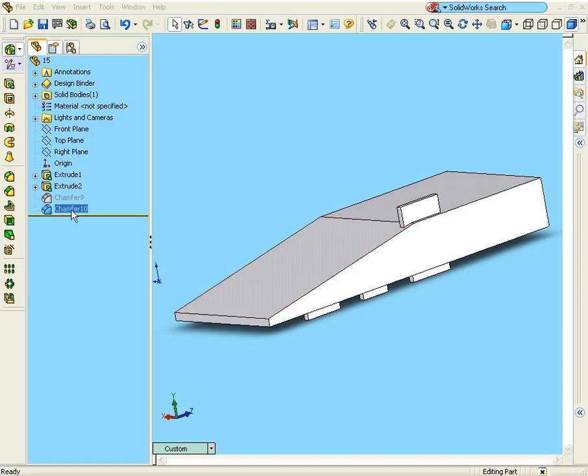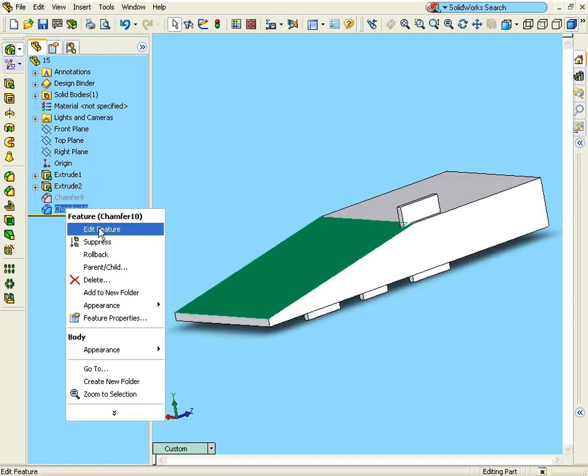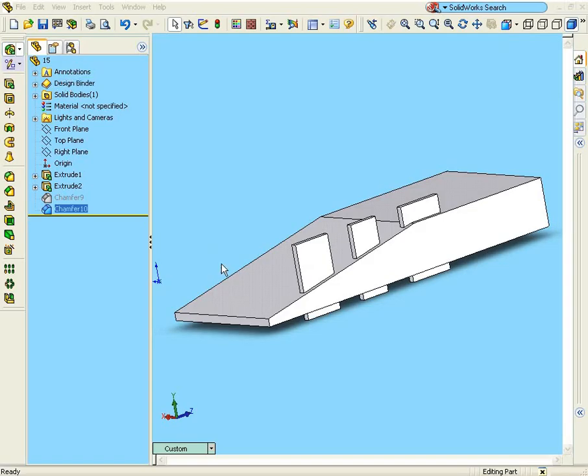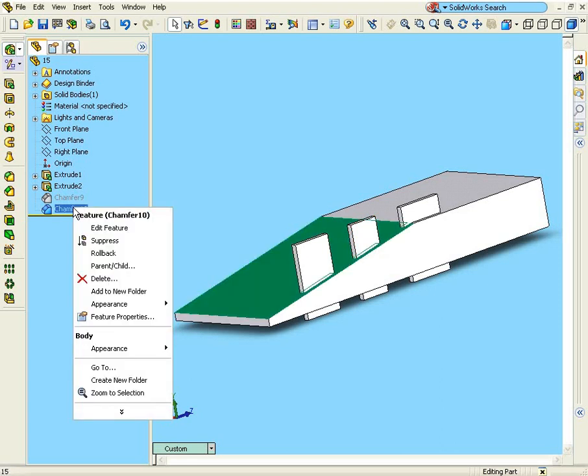Let's fix this problem. Right-click, select Edit Feature. Now let's check Keep Features. And click OK to accept this. Okay, see, all of our features are intact now. Let's suppress this chamfer